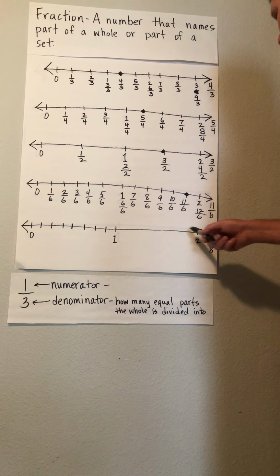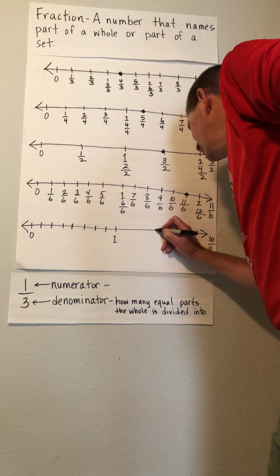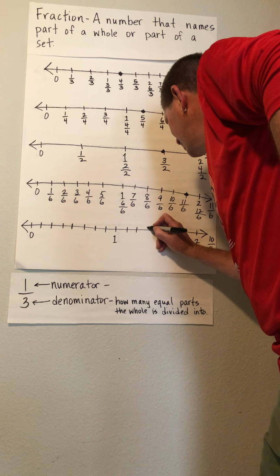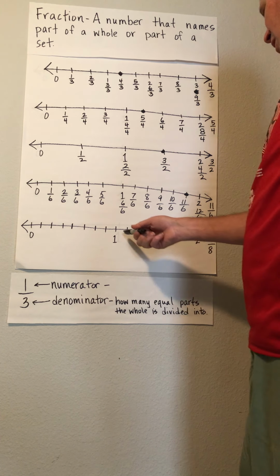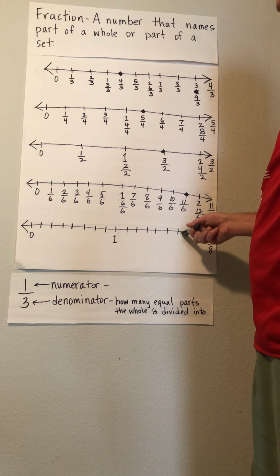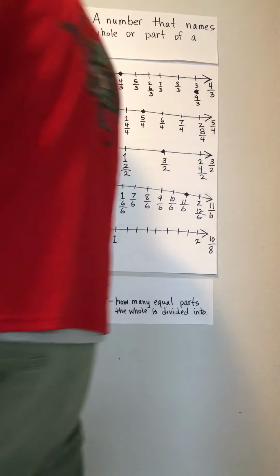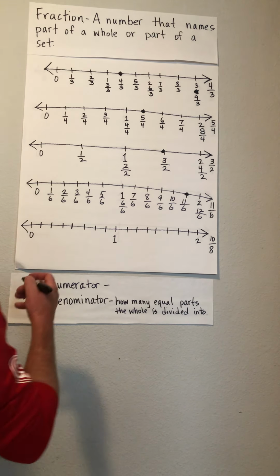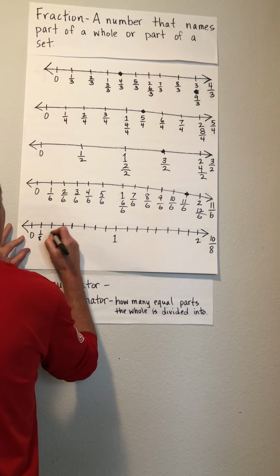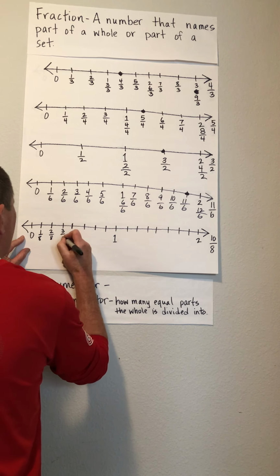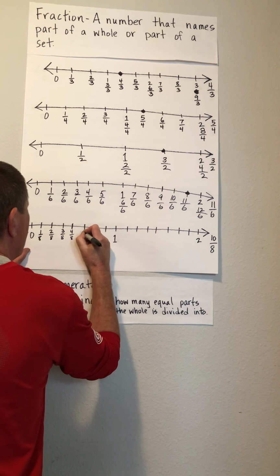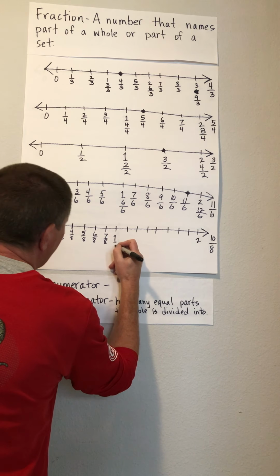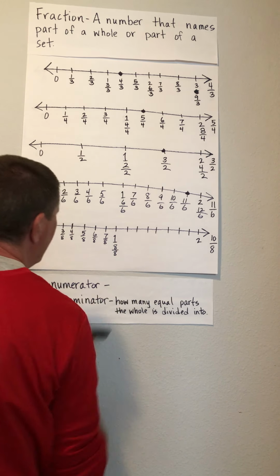Now do the same thing from 1 to 2. One, 2, 3, 4, 5, 6, 7, 8. So now I have a bunch of 8s that I need to label. All right, so we have 1/8, 2/8, 3/8, 4/8, 5/8, 6/8, 7/8. So 1 is the same as 8/8,